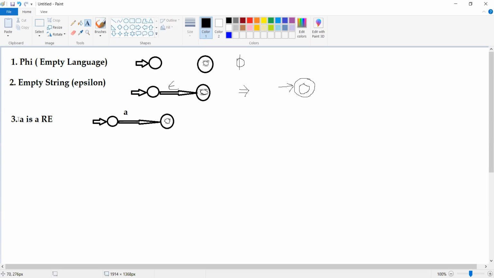The finite automata should be able to recognize only small a. So with this we have finished the simple part.